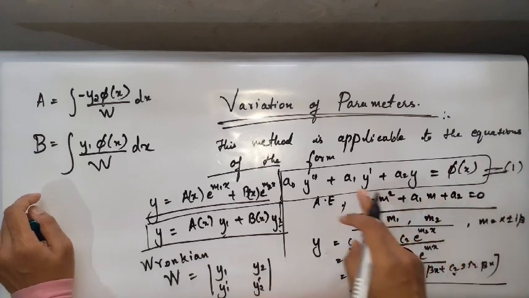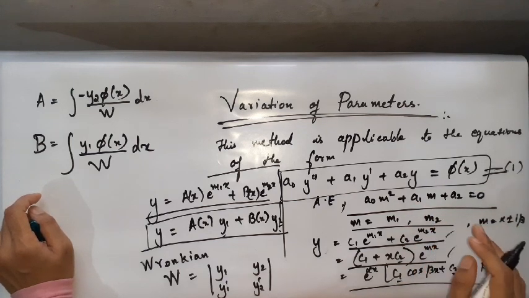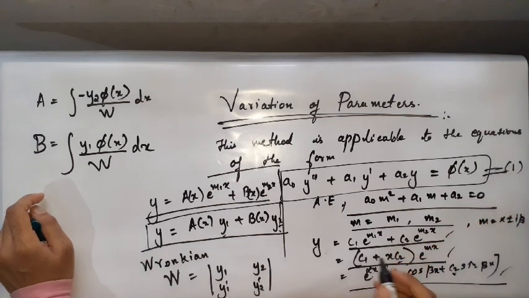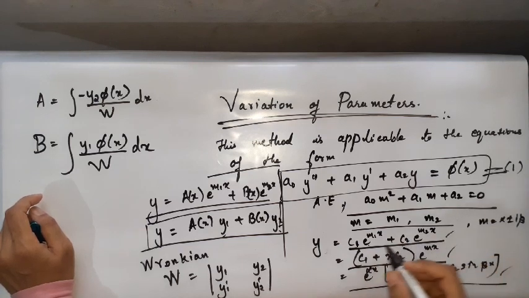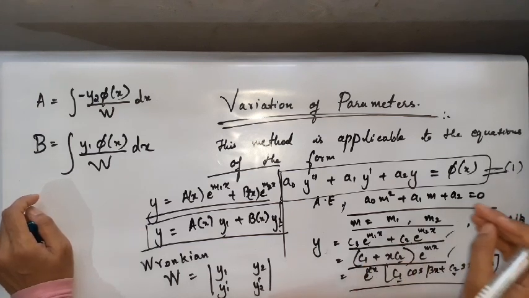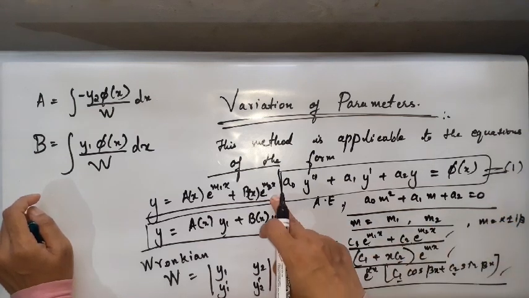Since it is a second order linear differential equation, the roots will be only 2, and depending on the nature, we write the format like this. The solution for that equation will be something like this, right? No matter what the nature of the roots, I can consider the one which is coming with c1 as y1, the one which is coming with c2 as y2. And apart from that, one more important point: instead of arbitrary constants c1 and c2, I will use some arbitrary functions a of x and b of x like this over here.